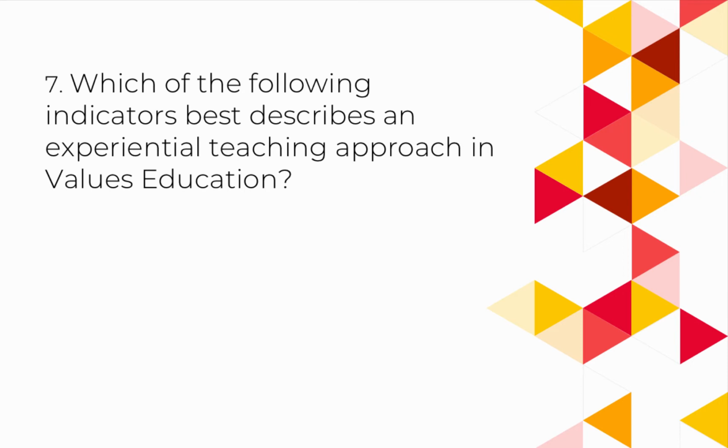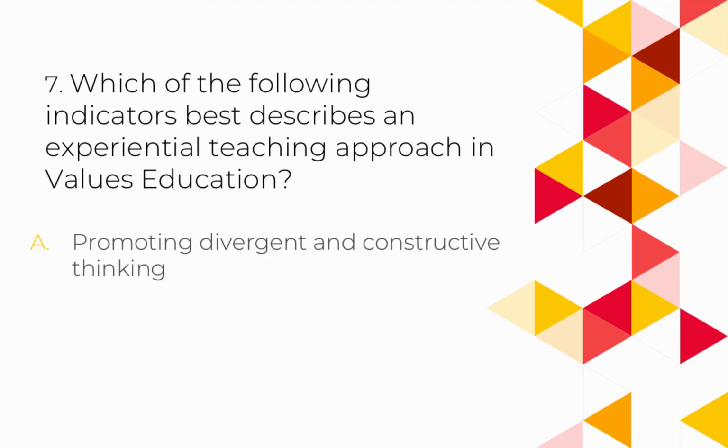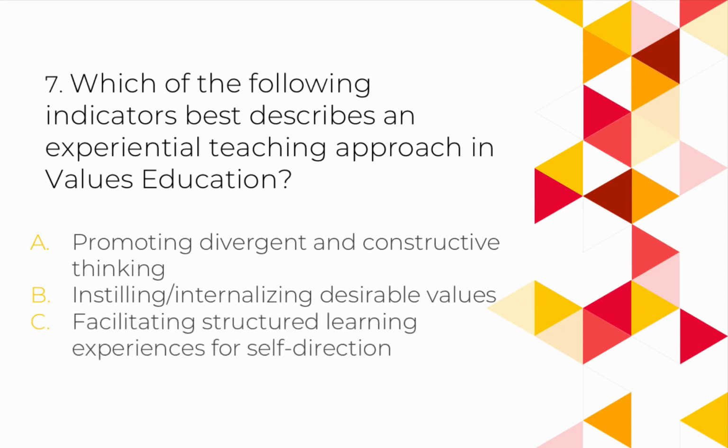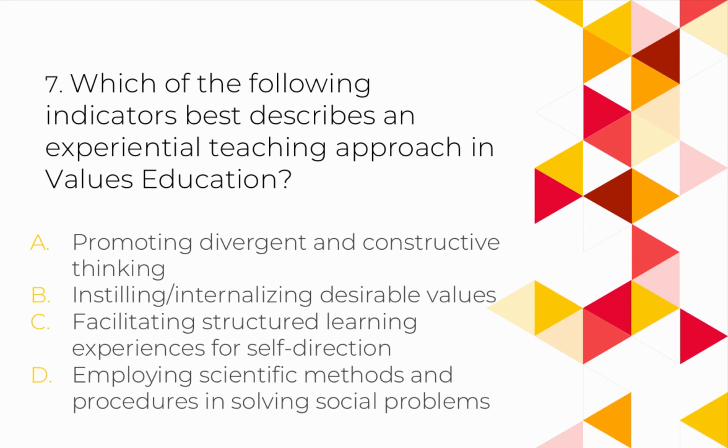Which of the following indicators best describes an experiential teaching approach in values education? A. Promoting divergent and constructive thinking. B. Instilling internalizing desirable values. C. Facilitating structured learning experiences for self-direction. And letter D. Employing scientific methods and procedures in solving social problems. And what's your answer? The correct answer is letter